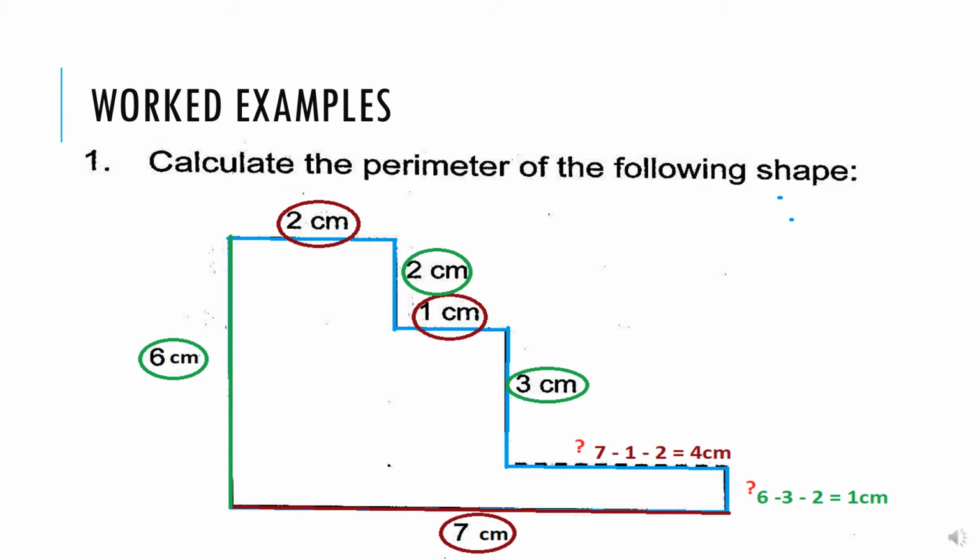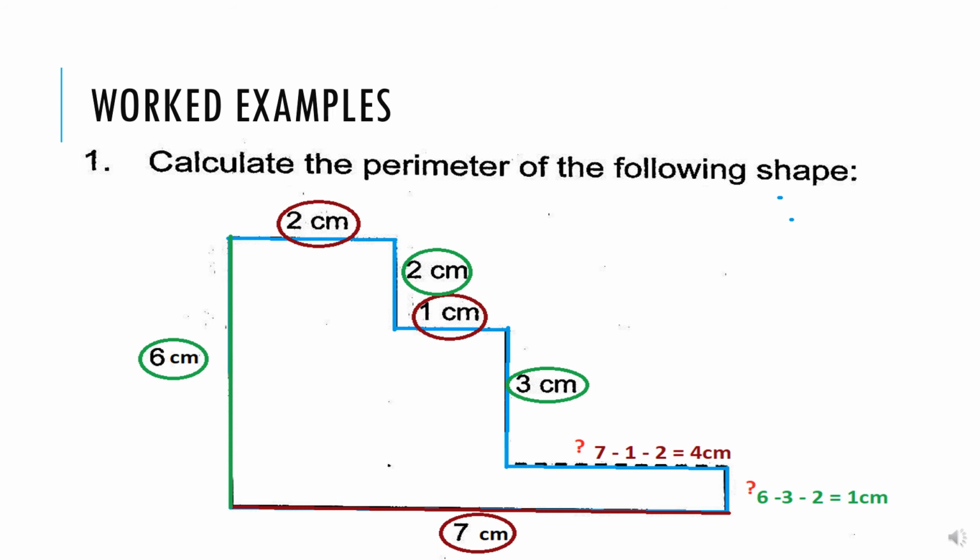You'll see where we got this. It's circled in green, 2 centimeters, which is the breadth of the shape at the top, and 3 centimeters is the breadth given there in the middle. But the total breadth is 6 centimeters. So therefore, the final length at the very bottom right corner has to be equal